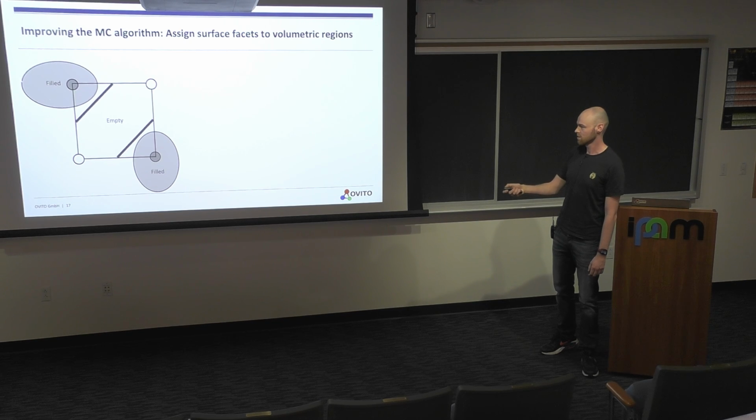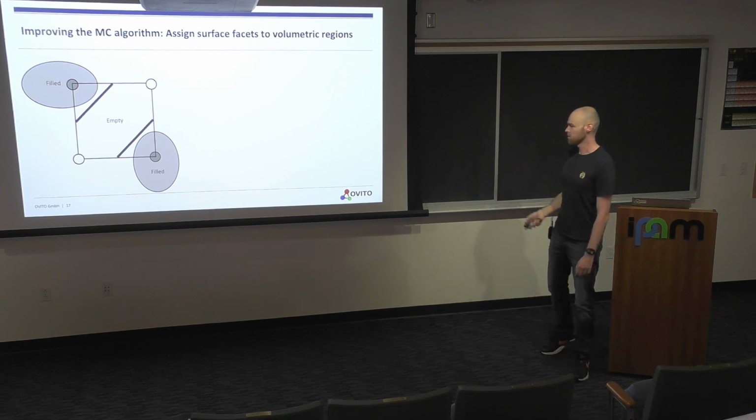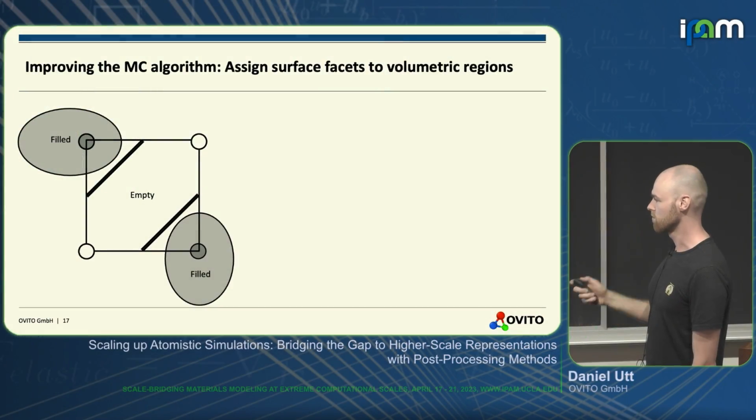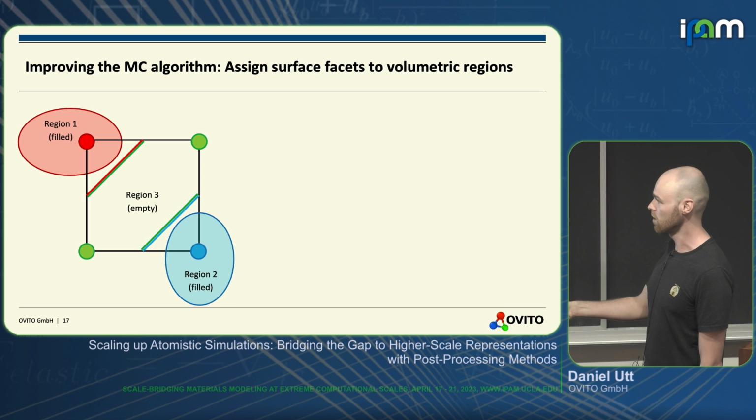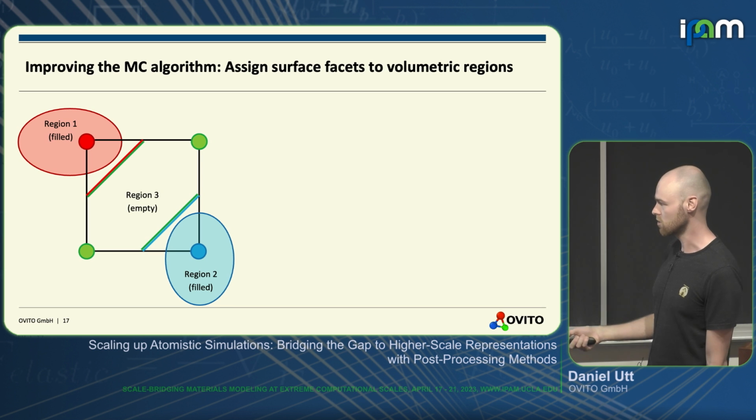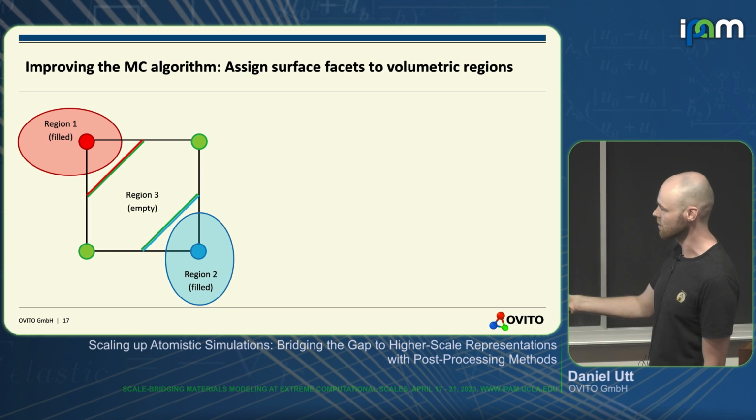It knows, okay, there's some kind of field region here, some kind of field region here. So I just draw a border in between, hope for the best. And what we now had to do was basically add information to this. So instead of just labeling regions filled and unfilled, we went through all the different marching cubes motifs that exist